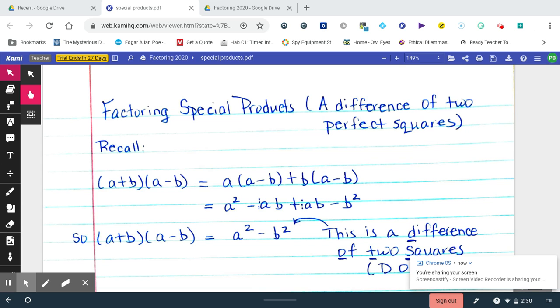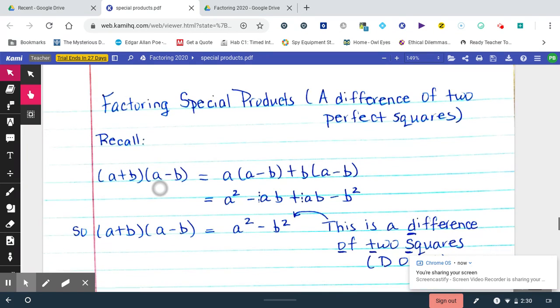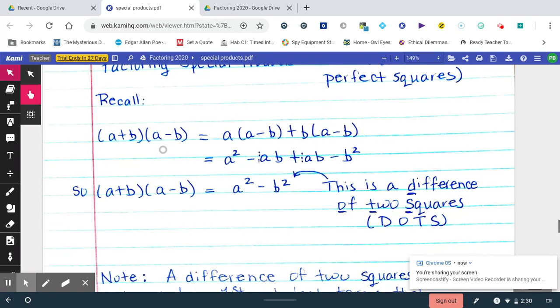All right, guys. This is the last lesson you're going to learn this year. It's factoring special products, and specifically a difference of two perfect squares. And it's much easier than the special products that were perfect square trinomials. All right, so we're going to recall something from the unit that we were in when we got out of